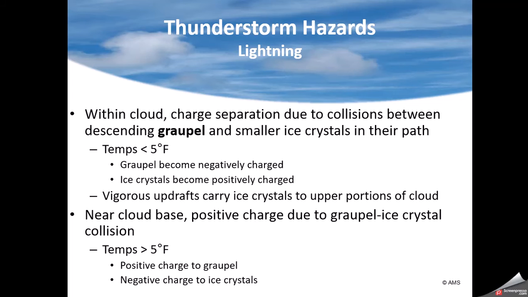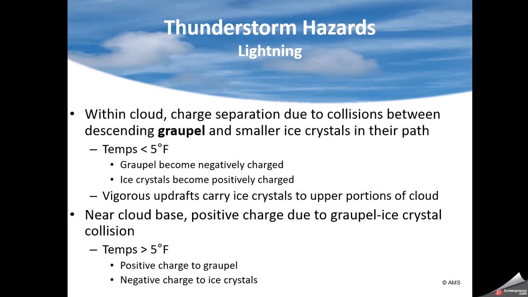Lightning is an issue in thunderstorms. Why is it? What happens to cause lightning? Lightning is formed by a small ice crystal and graupel combining. Graupel is just a little bit of ice crystal and water kind of mixed together, so a little bit larger. And guess what? The charge of graupel changes depending on the temperature, and so does the charge of an ice crystal.